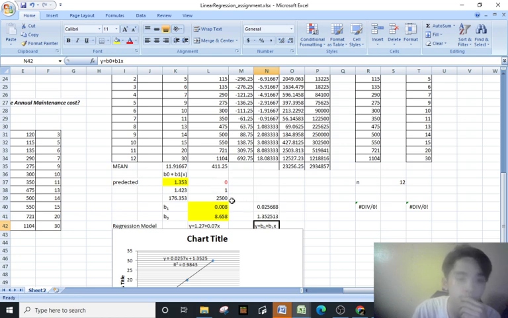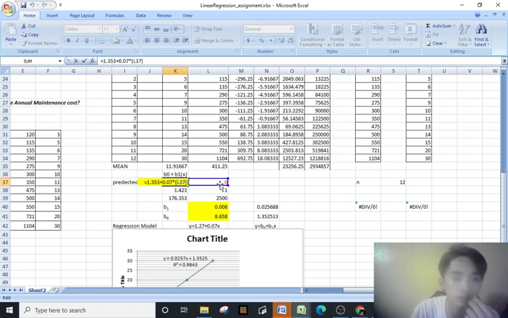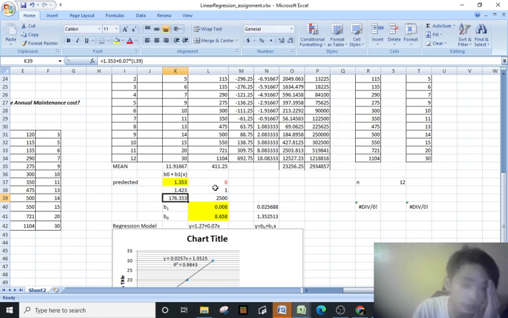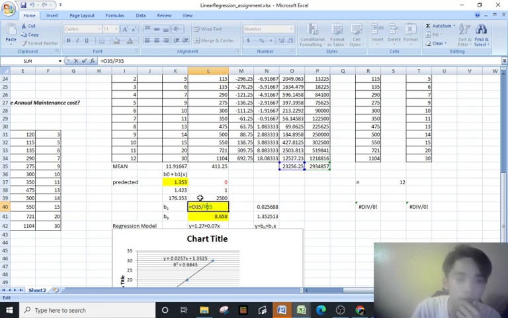So here is the intercept, 1.3525. So in getting the predicted number, we must use the intercept and predicted. So use 135 plus 0.7, then click the 0, then click enter, then it is also the same as this one, and 1 is 1.423. Also to get the B1 is to divide the sum